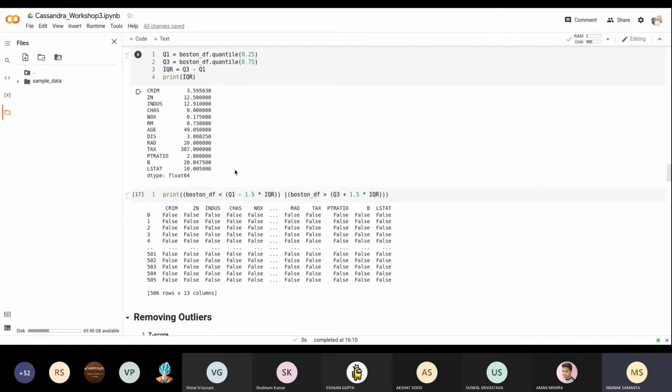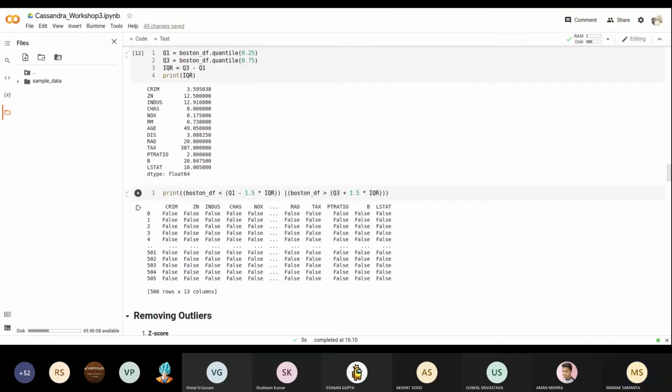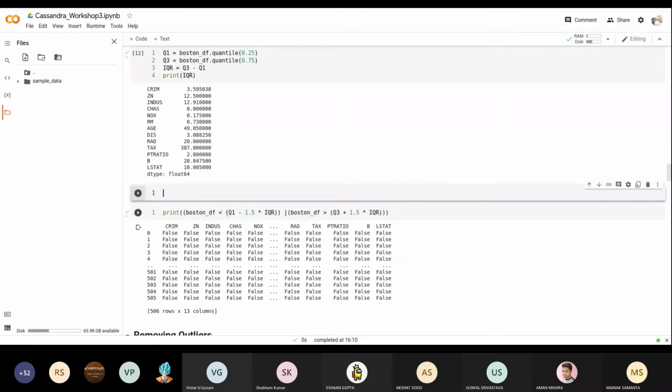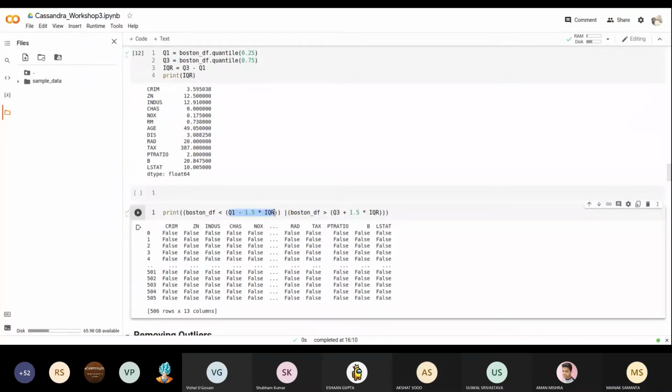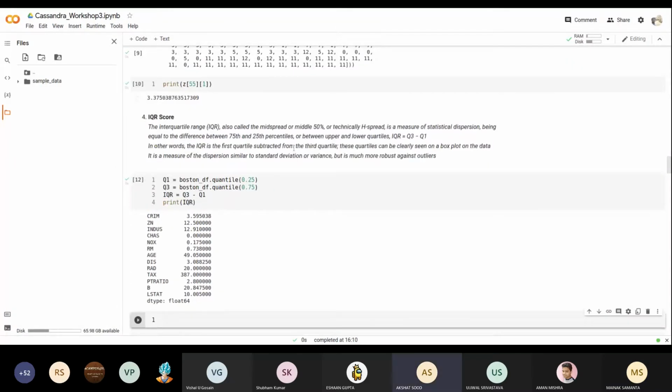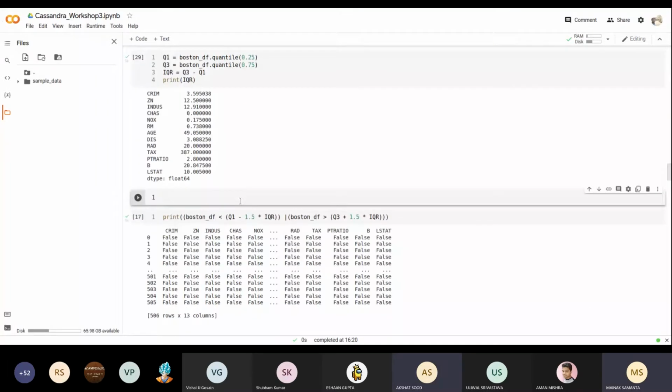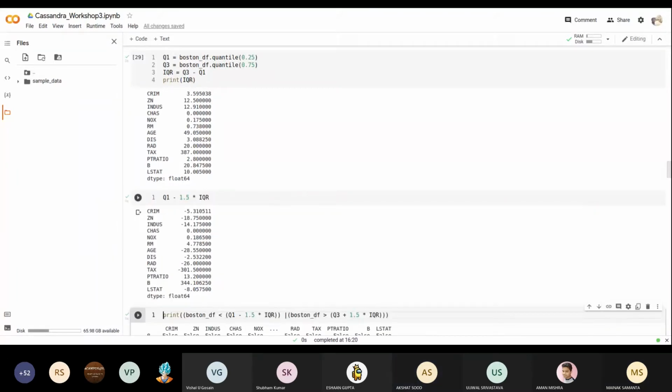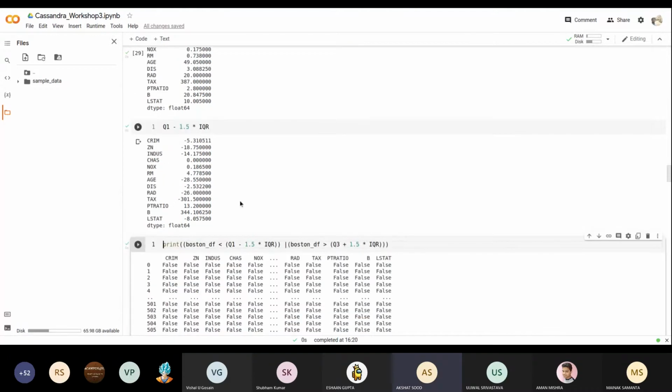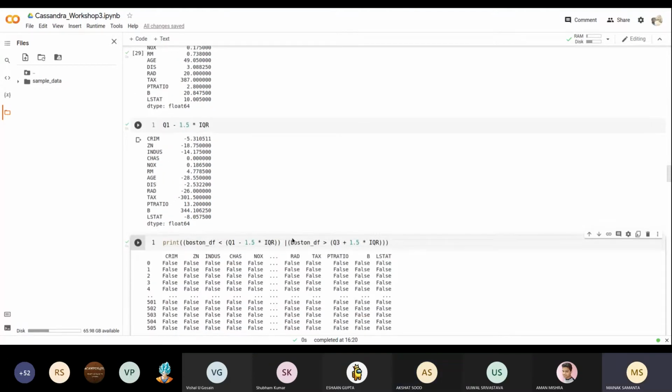Now let's see what the range is. What is this giving?